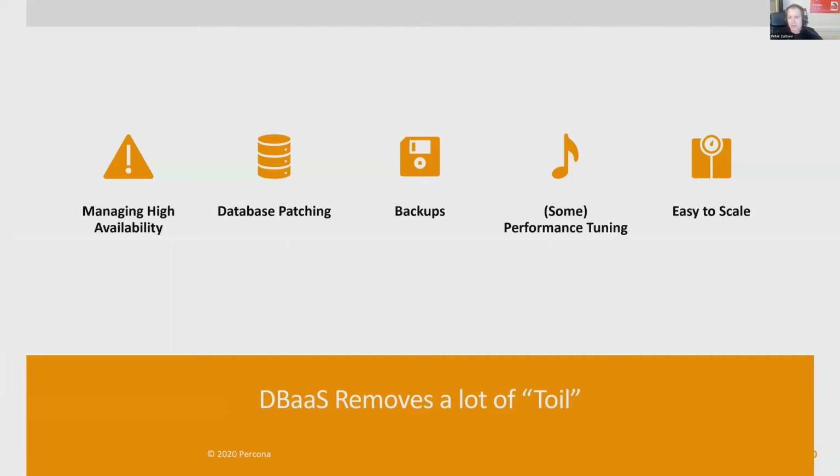It removes a lot of toil, or repetitive, boring work, which DBAs would have to do, and lets them focus on more application-related things. Database as a service will manage availability for you, do security patching, ensure backups are done. It will ensure you're not making stupid performance mistakes, like running with defaults, and provide ways for you to easily scale,